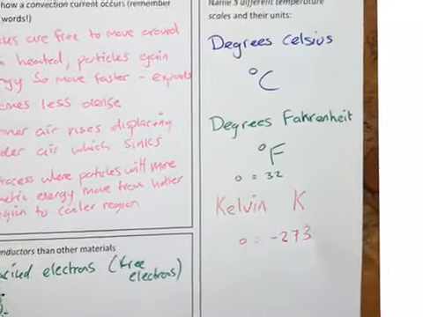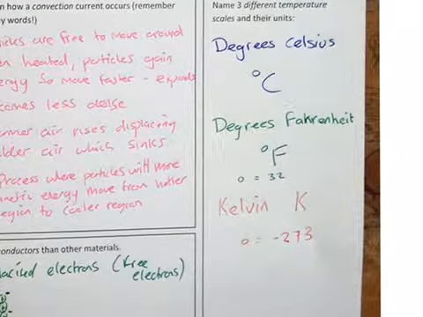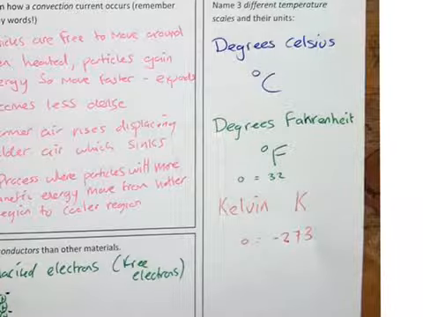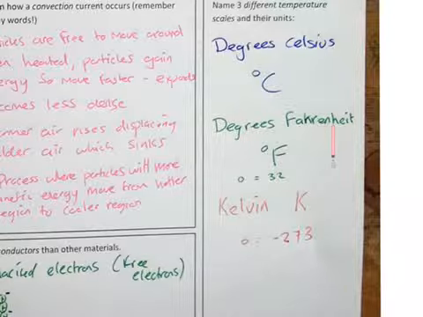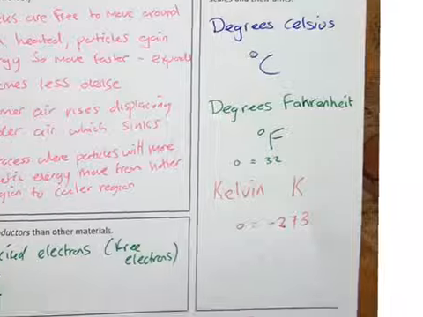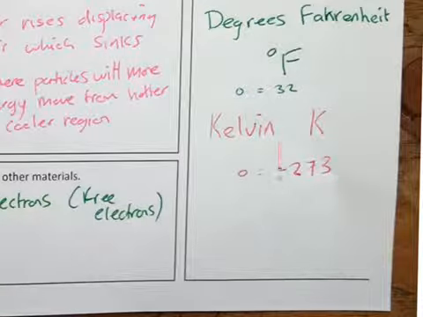Name 3 different temperature scales in a unit. You won't get a question directly on this. This is just for your knowledge. So you've got degrees Celsius, degrees Fahrenheit, which they use in America. And when it's 0 degrees C, it becomes 32 degrees Fahrenheit. And that's the scale they start on. I think it goes up in the same increments, I'm not sure. And then you've got the big one, Kelvin, which is your main one used in science because